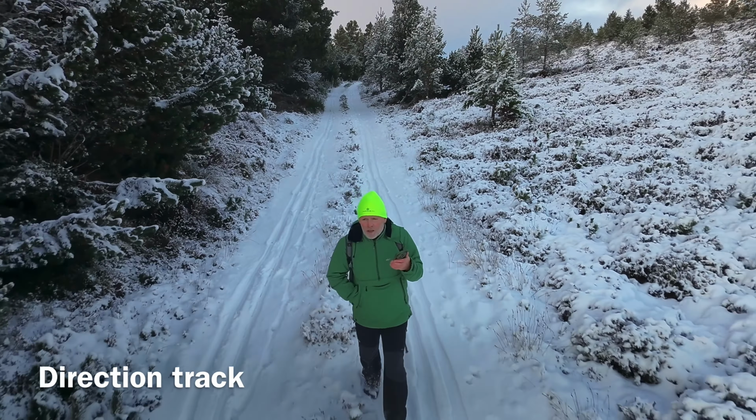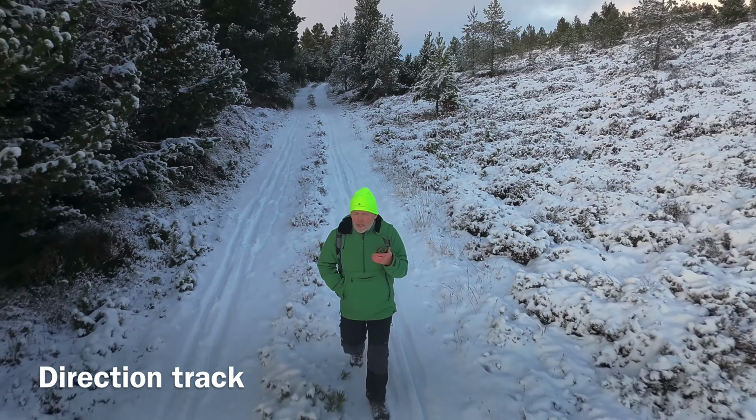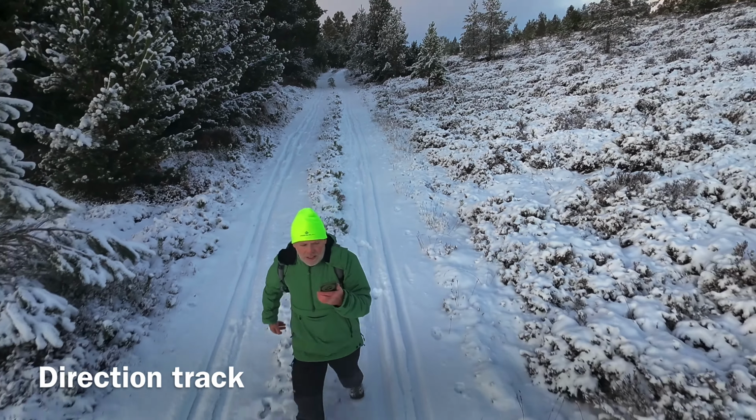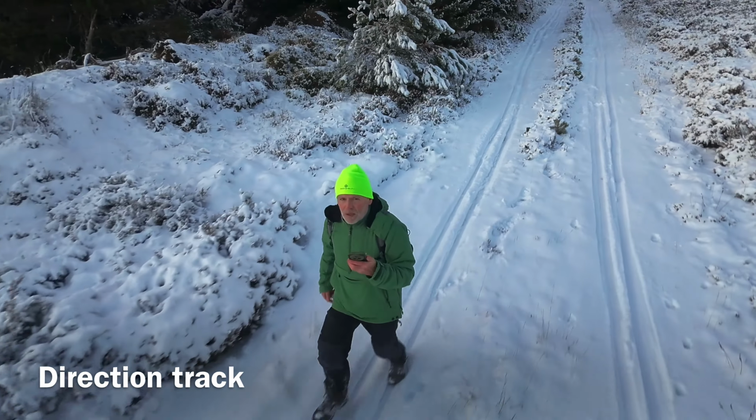So, beautiful winter's evening in Cairngorm National Park. I'm just up at the hills at the back of Slough. Now I'm going to basically turn the drone around a wee bit. In fact, I'm going to run past it to see what happens, if I can pick up the...